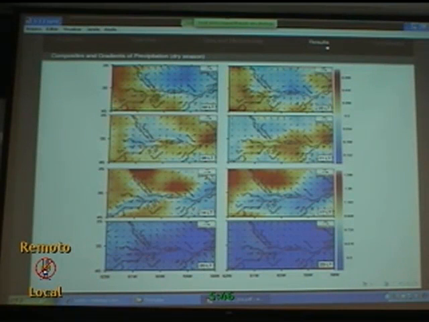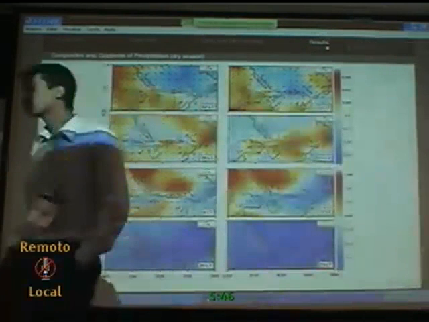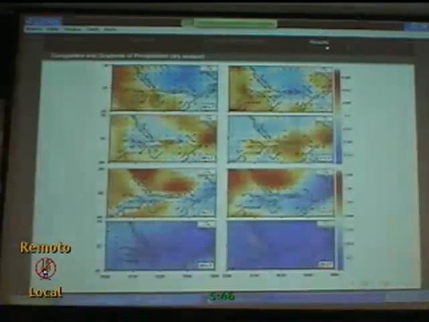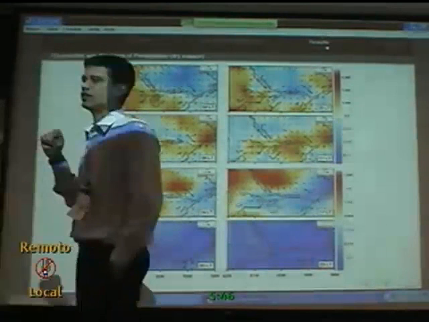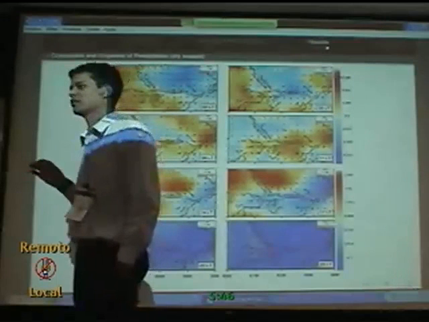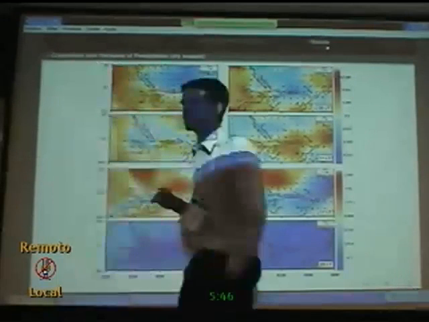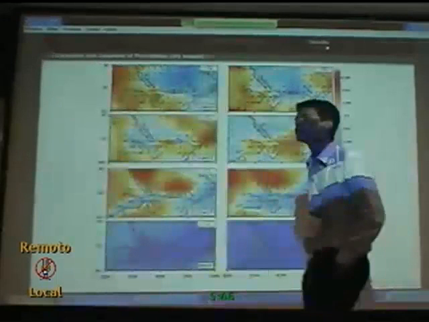Okay. One more question, please. No. I just look at precipitation, not the radar system. Yes, but I use it for